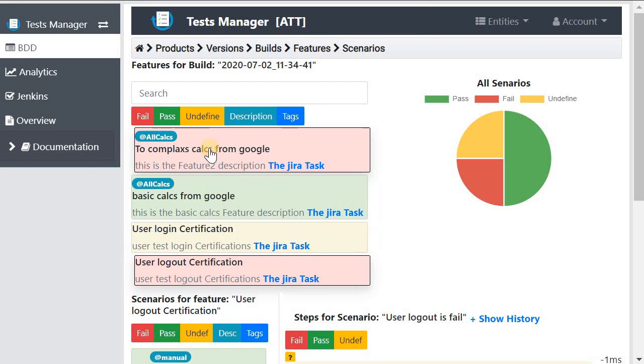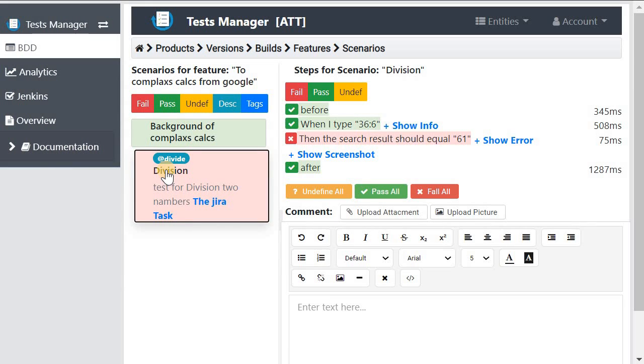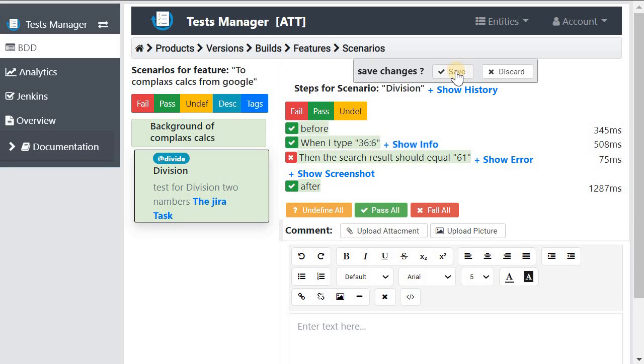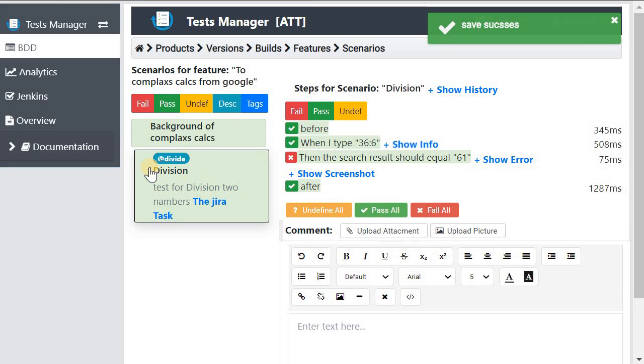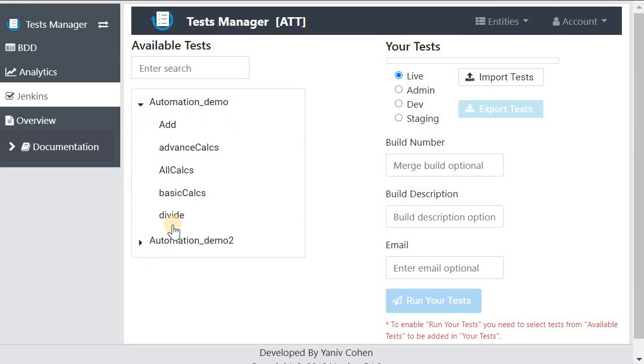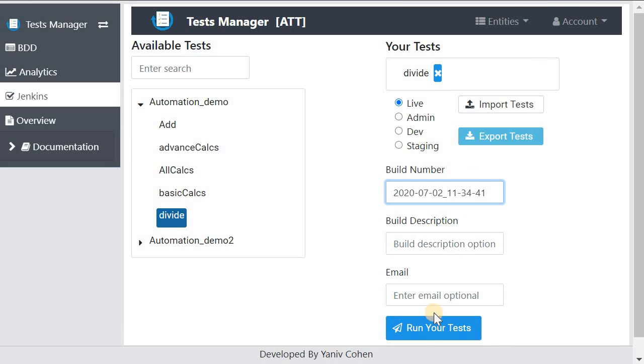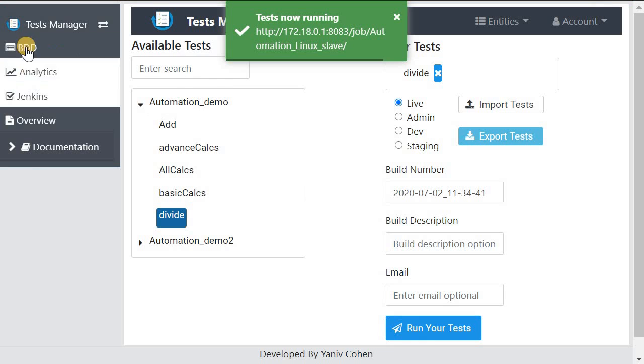Now I want to rerun this automation test. This scenario is tagged as divide. So let's first pass this test. Divide, going to Jenkins, divide, paste the build number, and rerun this test.